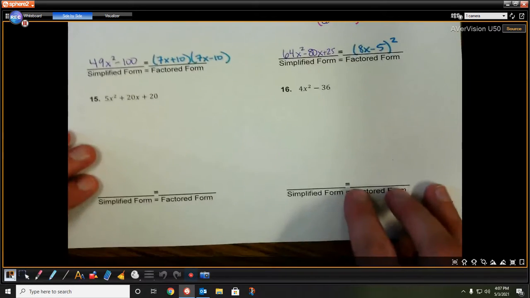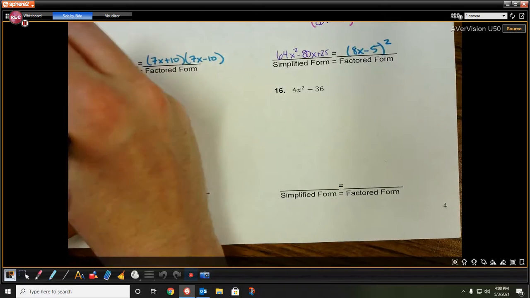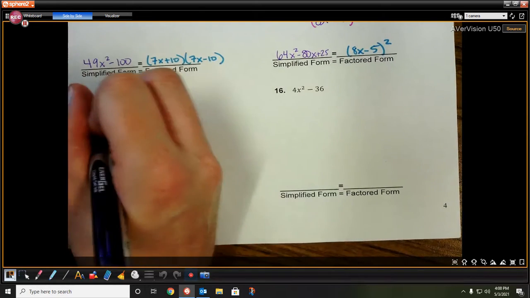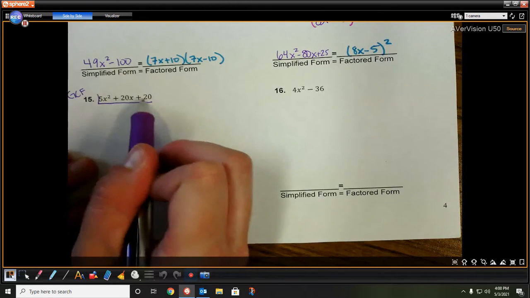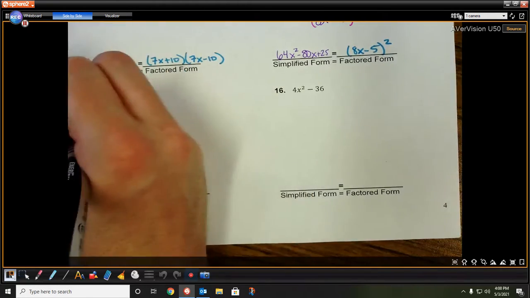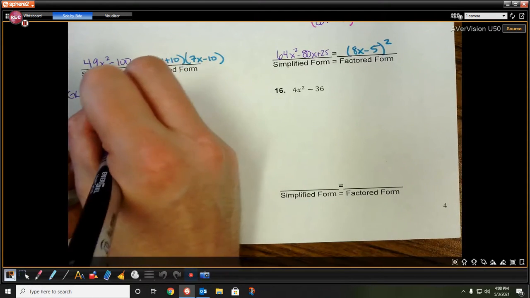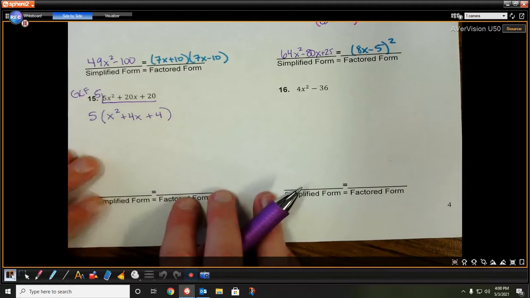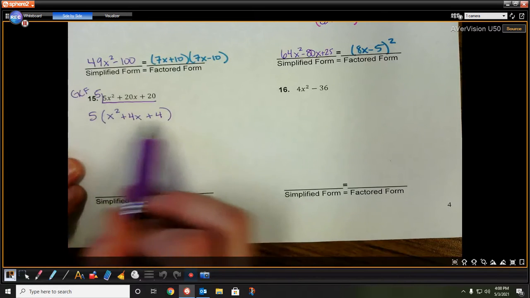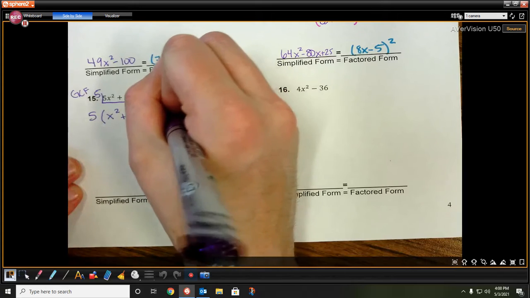All right, so now let's take a look at these last two. Now these are a little interesting because we need to make sure that we can take out our GCF here. So I'm going to see, we can take out 5, 20, 20, oh, we can actually take a 5 out of this. So we can rewrite this as 5 times x squared plus 4x plus 4, because I took a 5 out of each of those. So now we're going to take a look at this, and once we see this, we see that this guy right here